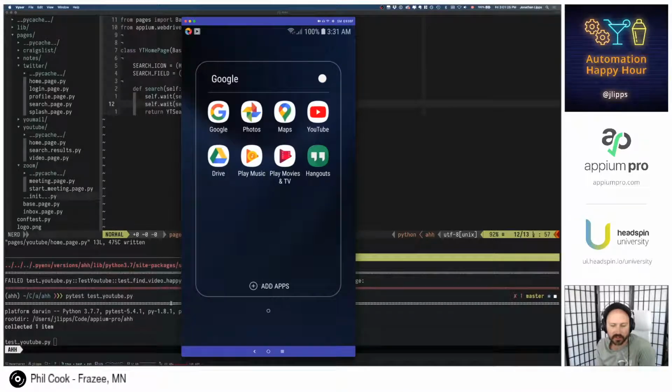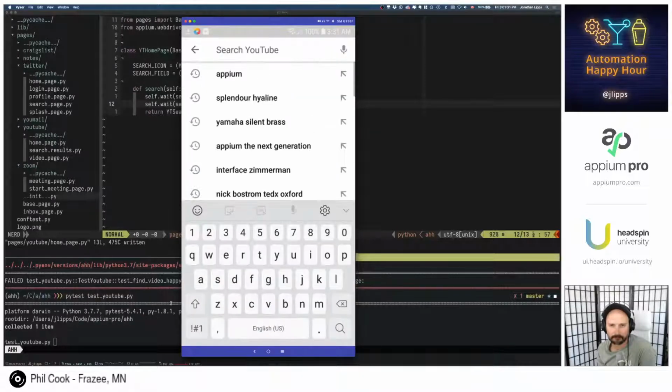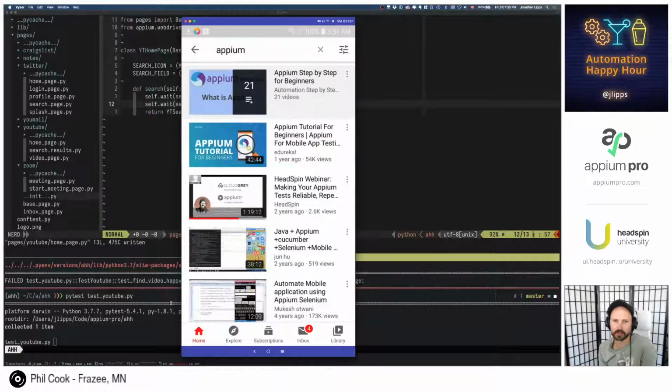But I'm wondering if that's because that got turned into a literal backslash. Yep, that's interesting. Okay, we're gonna find our video. No, doesn't look like it.